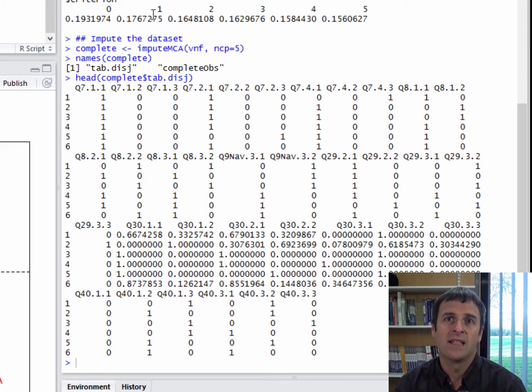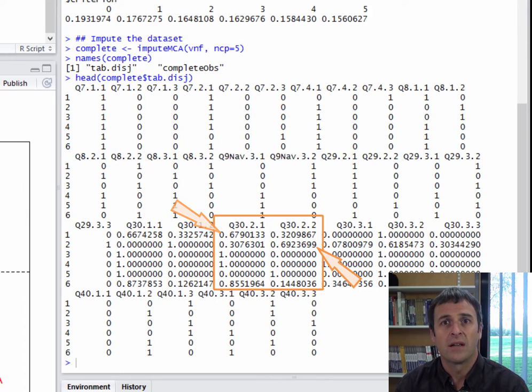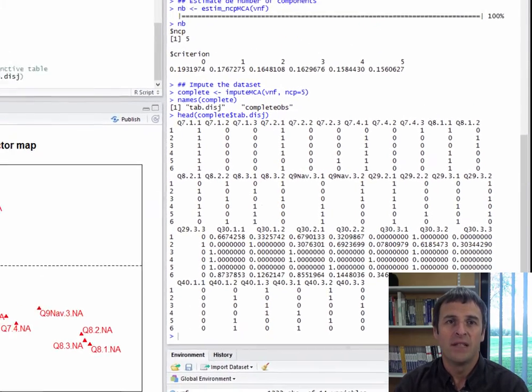For example, we can say that for this variable, individuals 1 and 2 didn't reply, but individual 1 would have chosen the first category, whereas individual 2 would have chosen the second. So if I were to directly impute the qualitative variable, I'd impute the first individual with the first category and the second individual with the second category. We can now run the MCA.